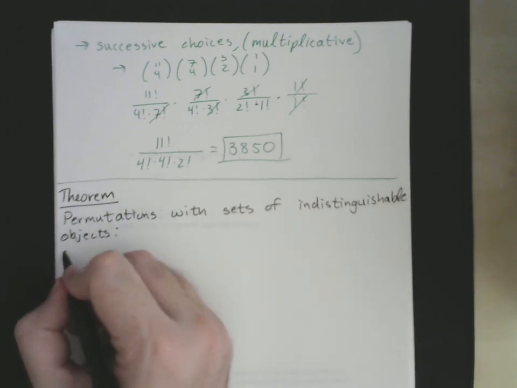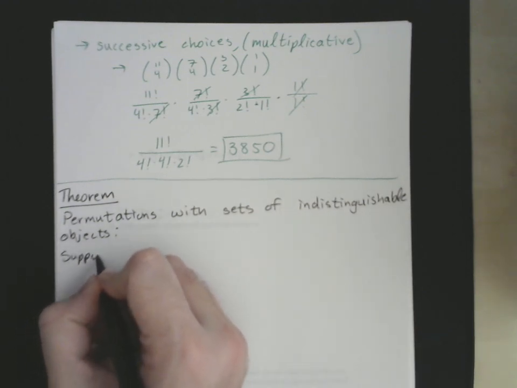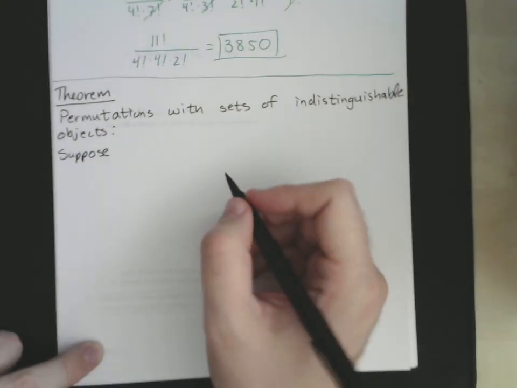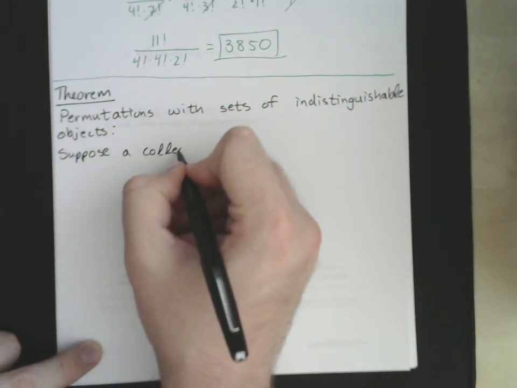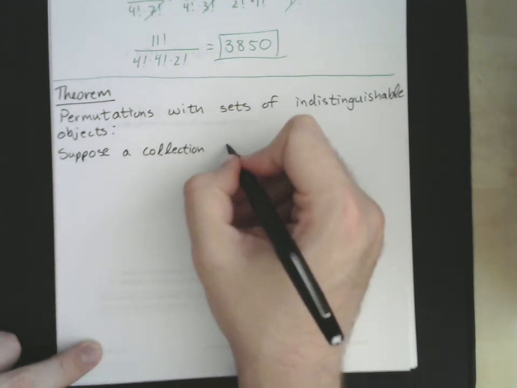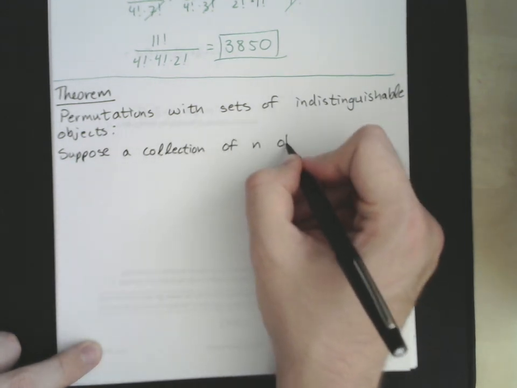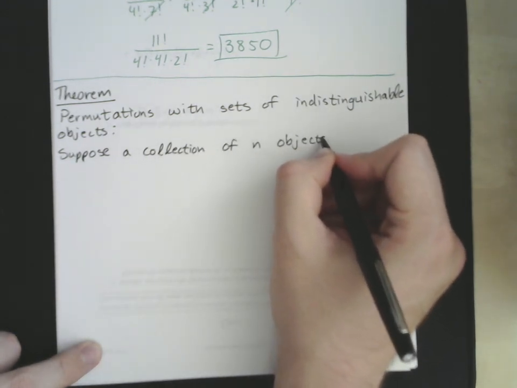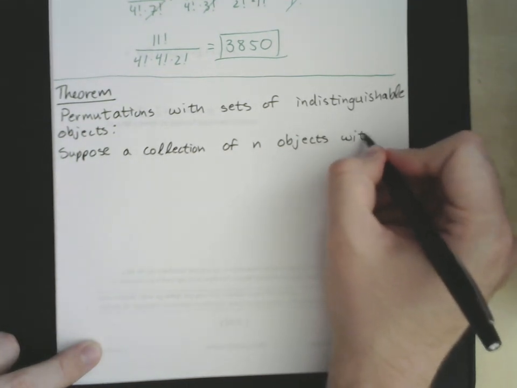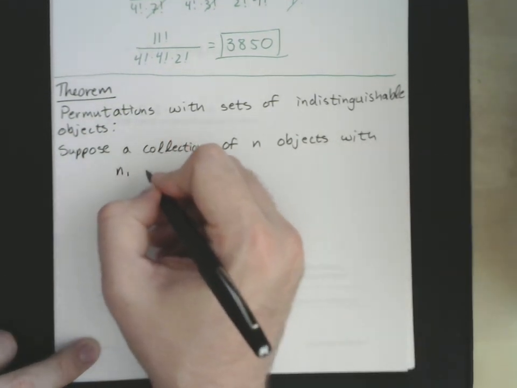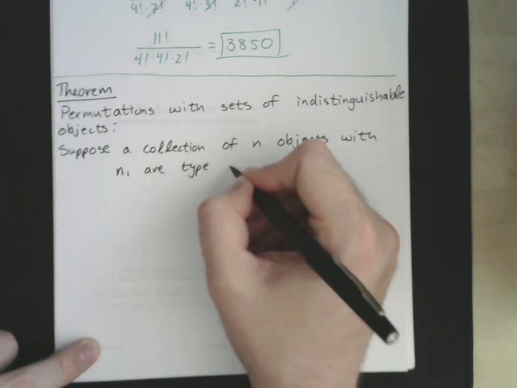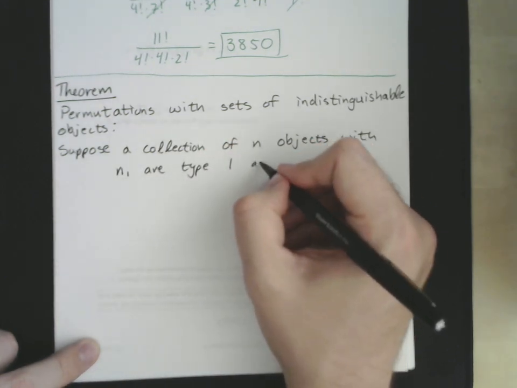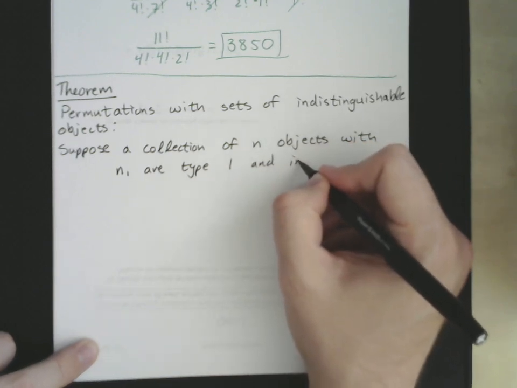So it says, suppose a collection of n objects with n1 that are type 1 and indistinguishable,